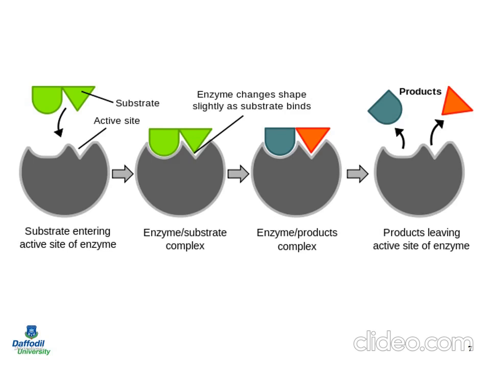Then basically this enzyme is not suitable for that substrate, we can say directly. But if it is the same, then this enzyme must have the ability to catalyze or to act on this substrate. Now when the substrate comes to your enzyme, the enzyme accepts this substrate and they completely combine together to form the enzyme and substrate complex.